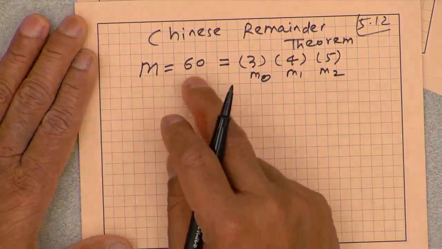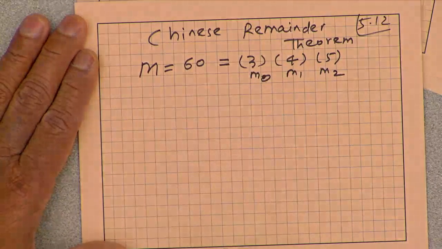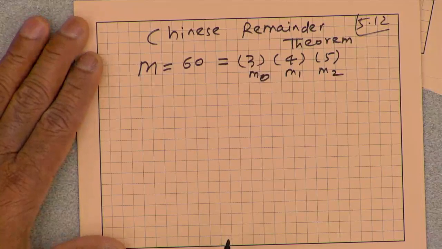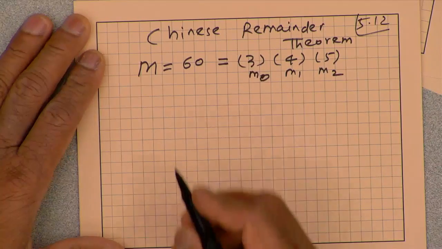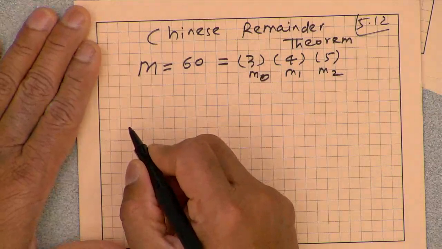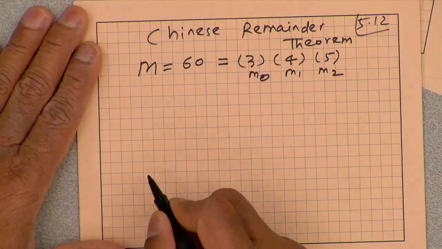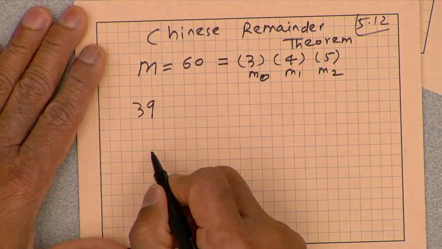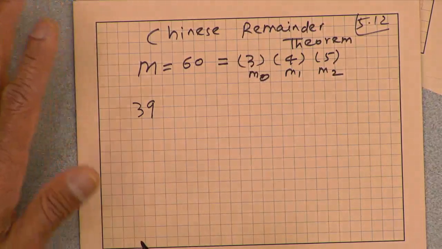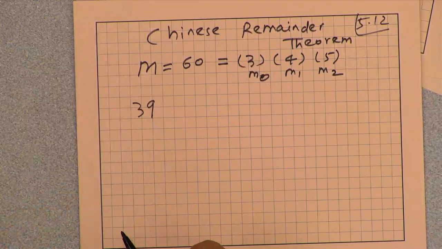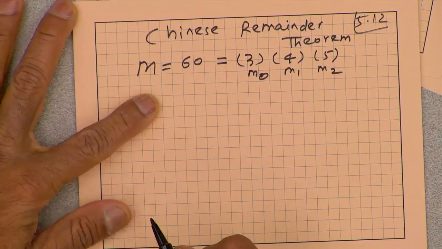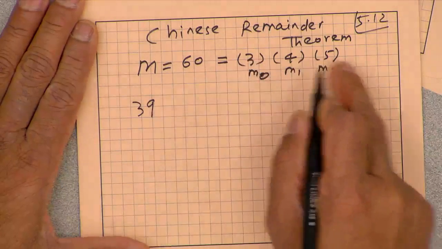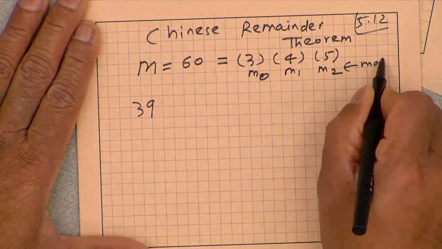Can anybody tell me a number which is between 1 and 60, not 60 itself, but less than 60? Any volunteers? Anybody who has a suggestion for a number less than 60? 39. Okay, so the Chinese remainder theorem says you have thought of that number 39. Actually, what you should be telling me is not the number, because that's what I need to find. That's a mystery. Now tell me, if you divide by the small moduli, each one of these is called a modulus,